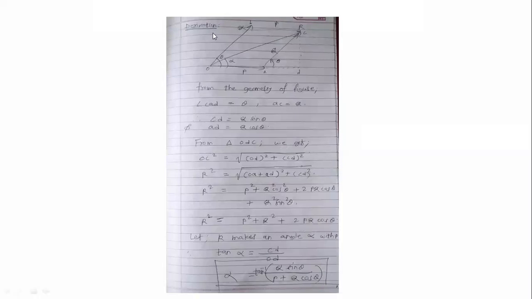Now there are three cases for the theta. Theta is what? Theta is the angle made by force P and Q to each other, or angle made by Q with force P, or angle made by Q with x-axis, that is horizontal. That angle is your theta. Okay. Now, as there are three cases for this angle theta,